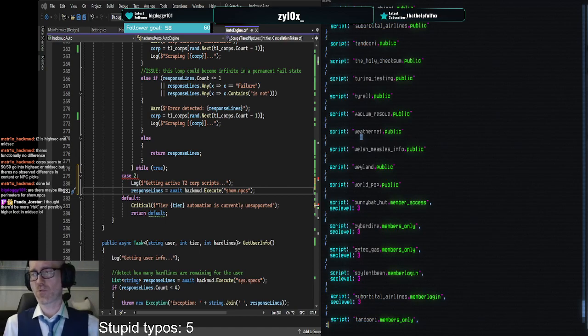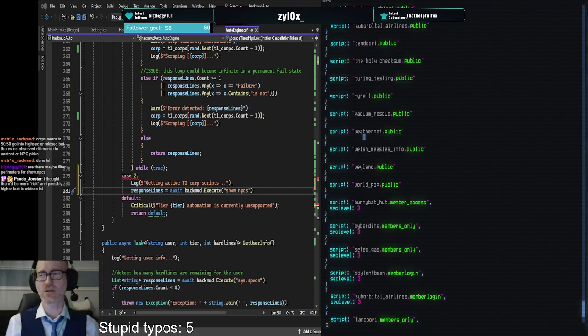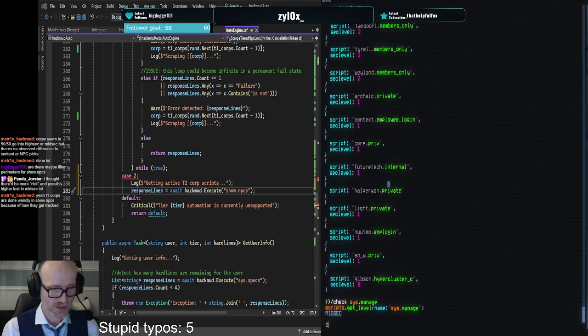Jorstar, you thought there'd be more risk and possibly higher loot in midsec. Yeah, I would have thought that too, right? Because the more security access a script has, the more that can be done. I think when I was first starting out on Tier 2, I figured the mid-sec ones would be where the G-locks were, or whatever. Like, some script that had access to something more dangerous. Because what is sys.manage? Sys.manage is mid-sec, so couldn't it screw with your